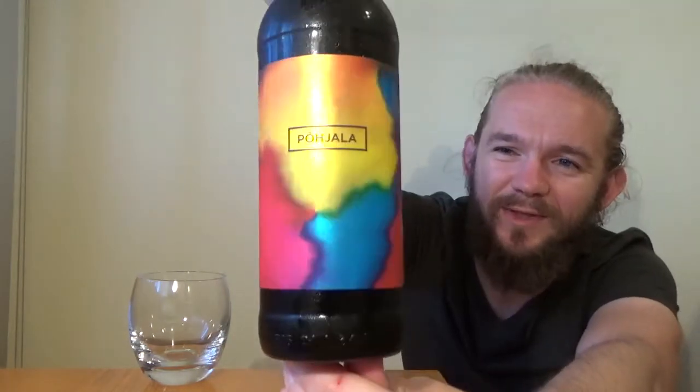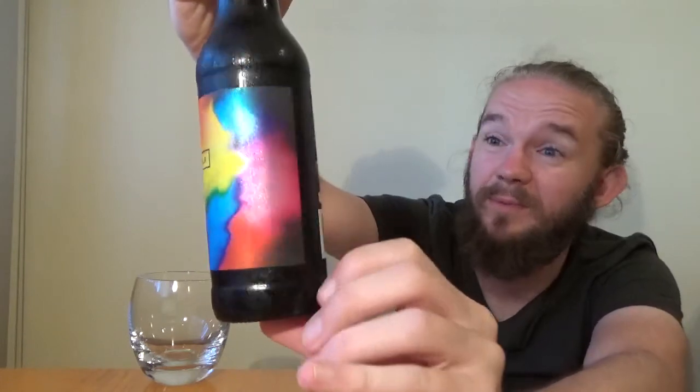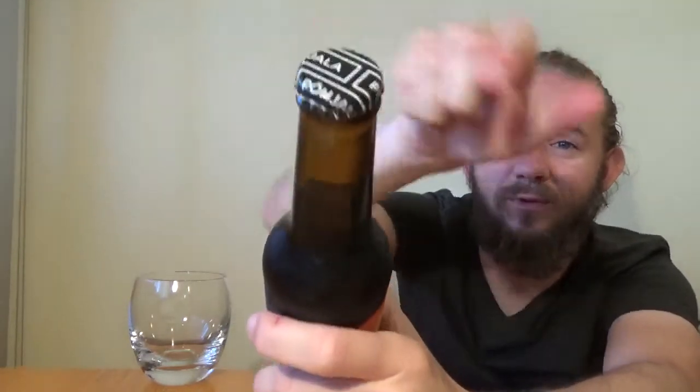But yeah, I like how this one is presented, really nicely done, and pretty straightforward and simple. This one of course does have a black Põhjala bottle cap on it. Sometimes you'll get the white ones. I'm not sure what the rule is for that actually, because I've had IPAs with blacks, I've had IPAs with